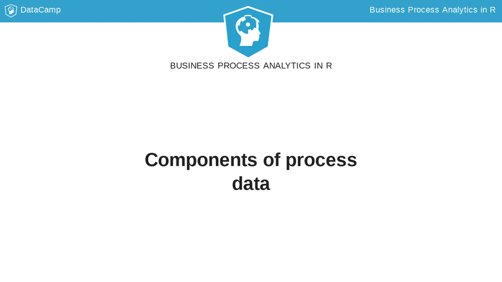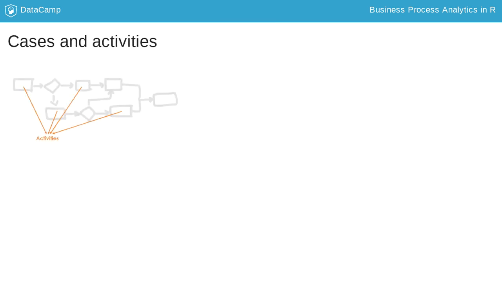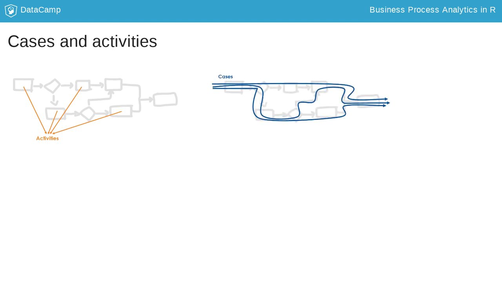So far, we are already familiar with two important components in a process: the activities, which are the steps undertaken in the process, the actions, and the cases, which are the objects flowing through the process on which the actions are performed. In this lesson, we will learn about the distinction between activity instances and events and the transactional lifecycle in a process. At the end of this chapter, you will be able to define your own event data objects